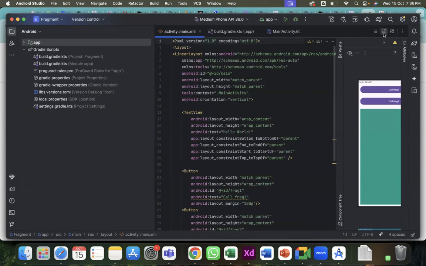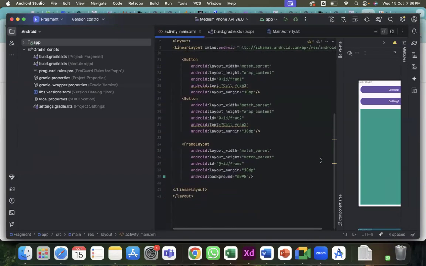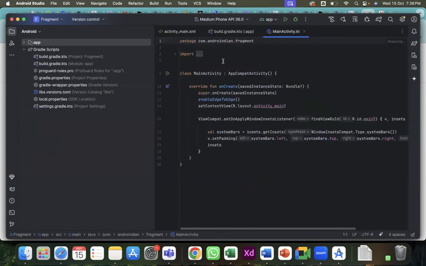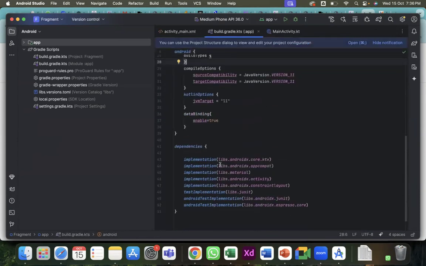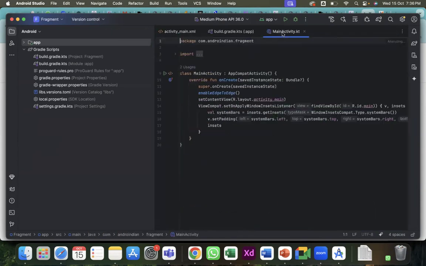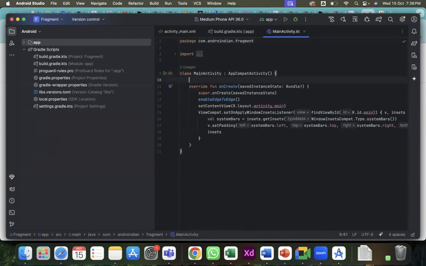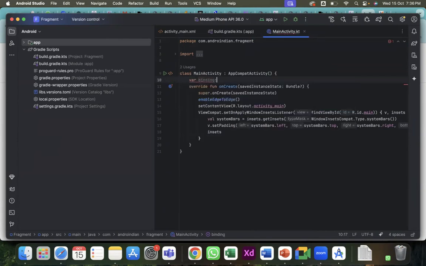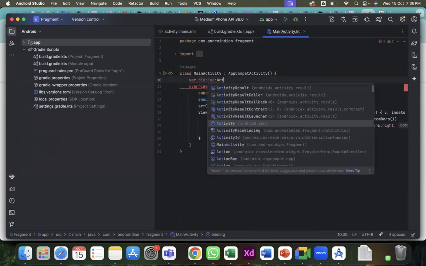One is to load the first fragment, the second is for the second fragment, and the remaining portion we added for this frame layout. So in total we added three things here, right? Then after that, in main activity we did not add anything, and here we just added dataBinding enabled true, right? Now in this also we added this. Here we add the data binding related code, so we use the binding colon, so that the activity main binding will be generated here, right? So that activity main binding,